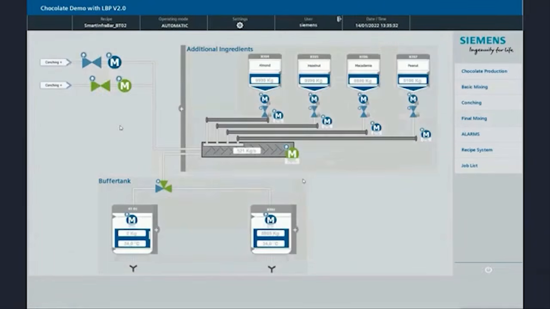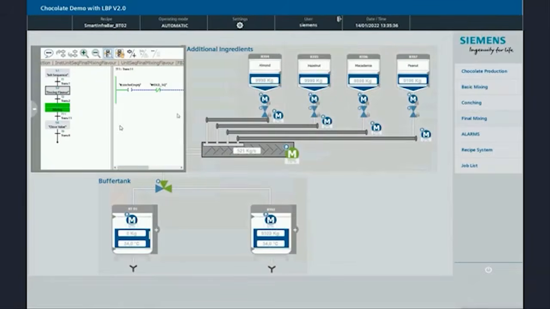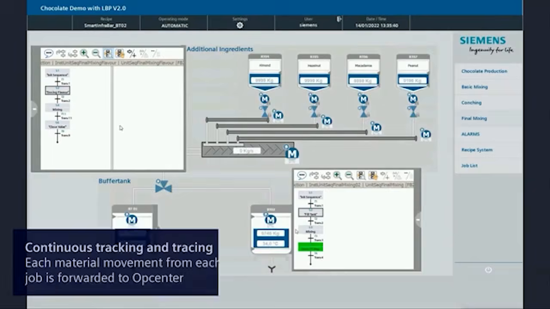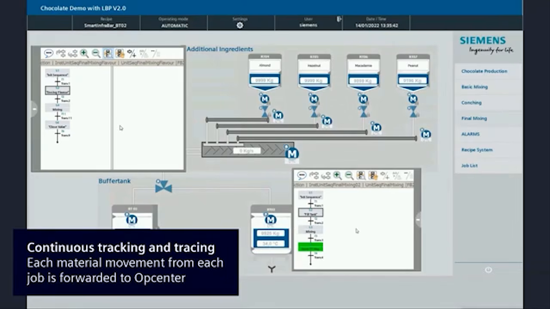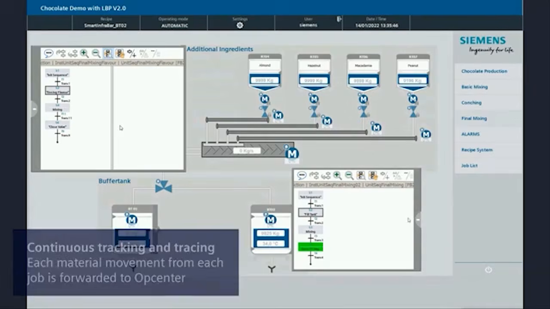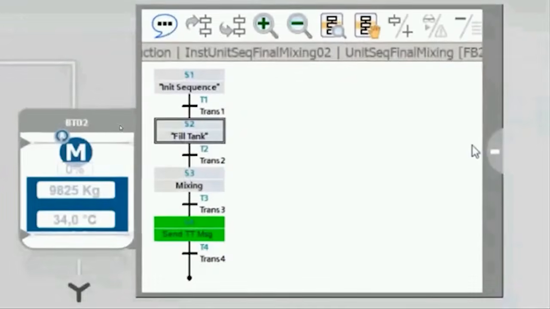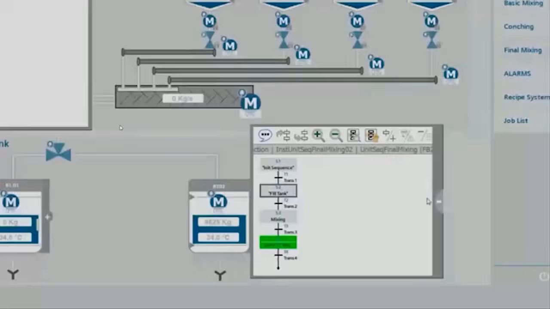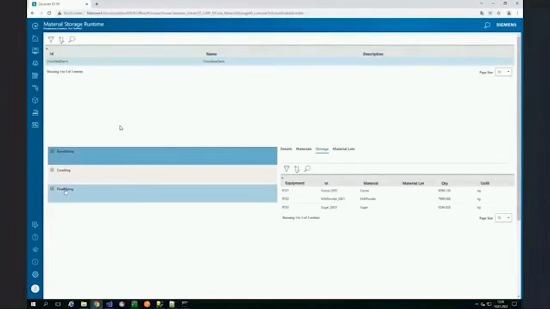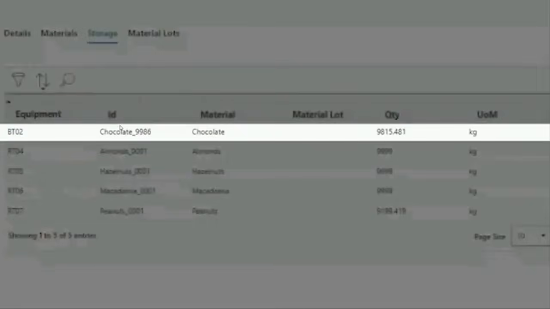In the meantime, let's have a look at how the tracking and tracing is implemented. We open the step sequence, and here you see that we implemented a send track and trace message step. Within this step, we basically forward the information about the source and the destination equipment and the amount, put it into the message, and trigger the message.